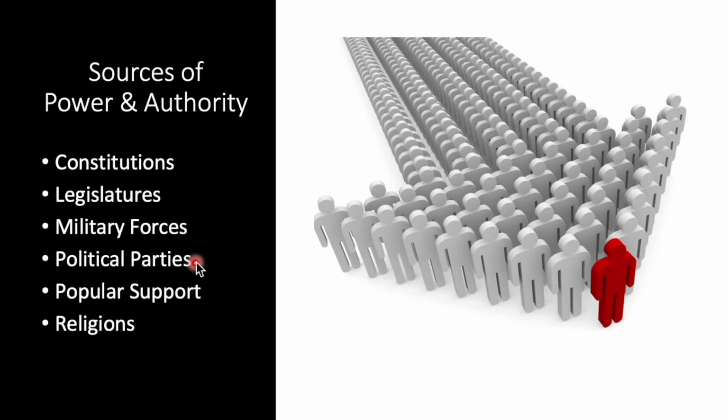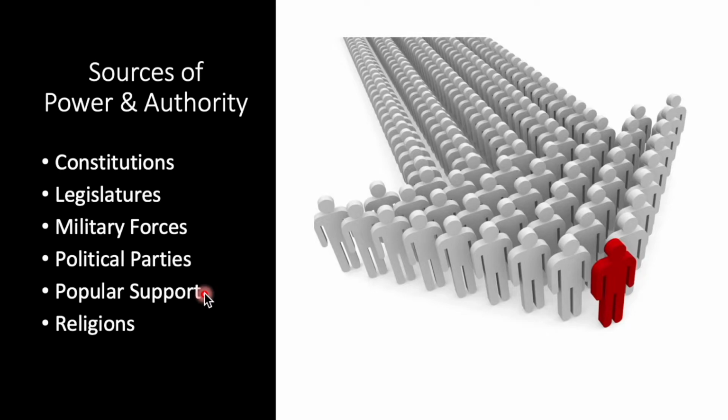There are also well-established political parties that can influence the public both informally through campaigns, but also formally when they are represented in the government or in the legislature. We will see one-party states like China, where the political party, the CCP, is a massive source of power and authority for the government. But also, we see Russia, where the president's dominant political party is a major source of power and authority.